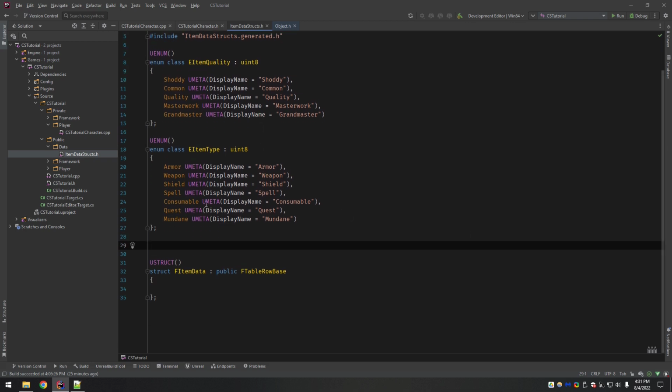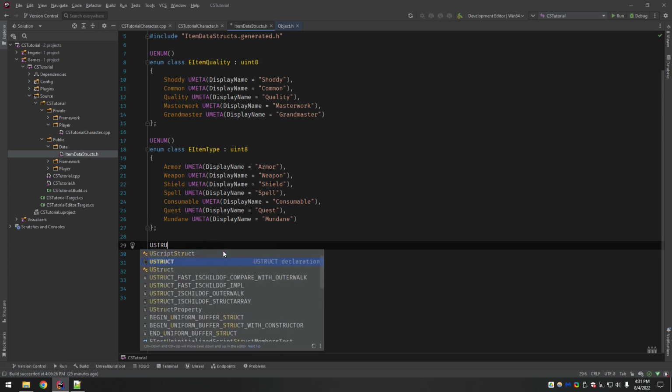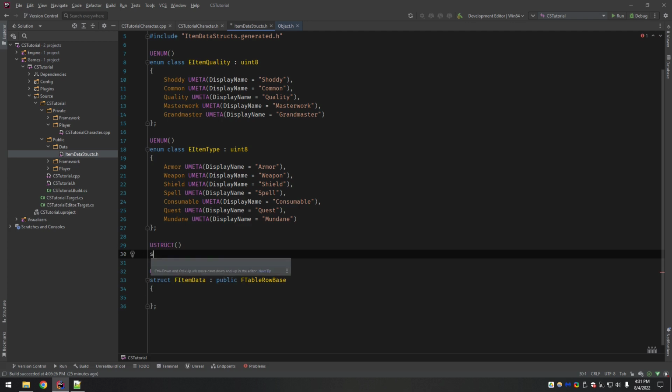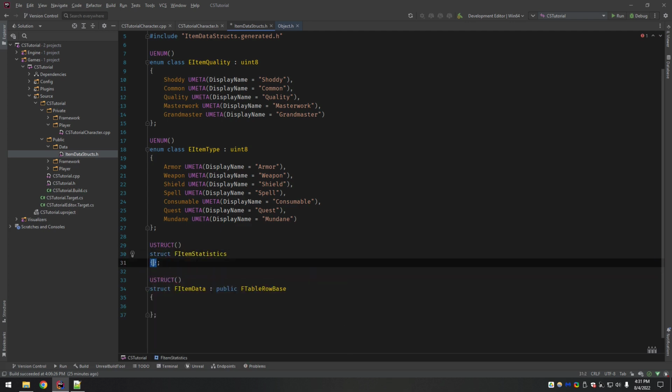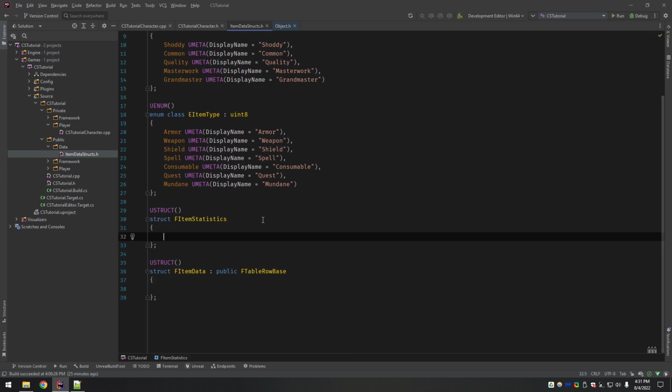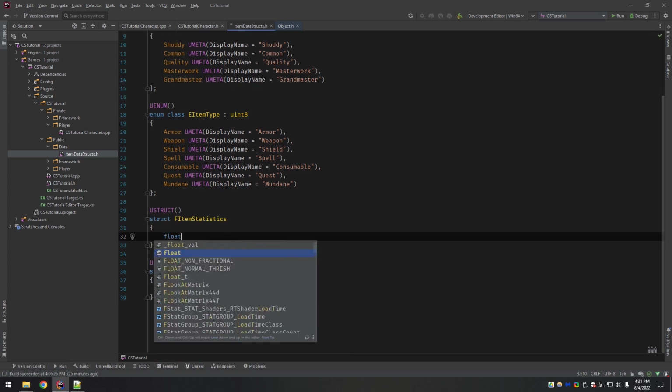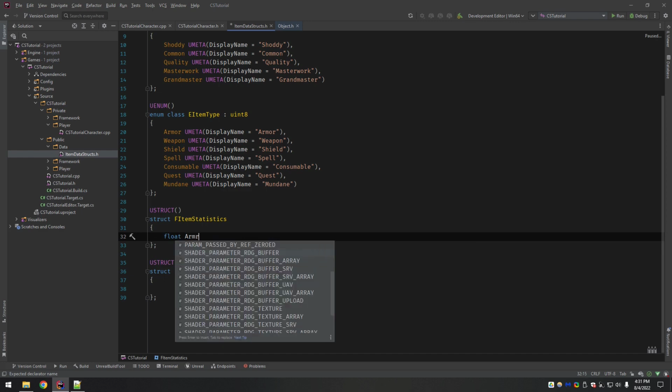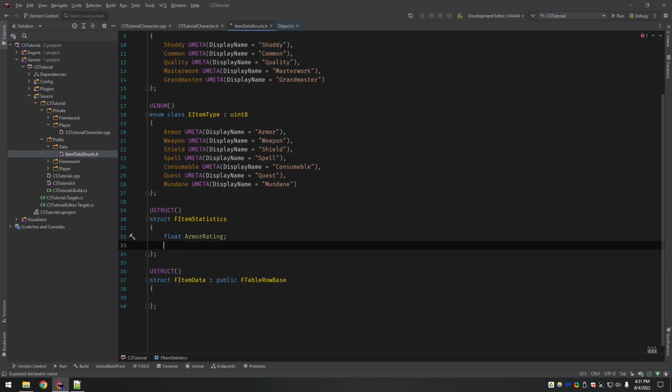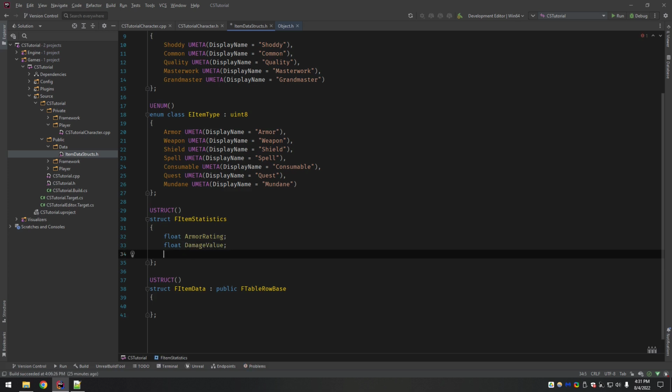So next we want our item statistics. So it's a struct, item statistics, and this is where you would put in the stuff I just mentioned. So armor rating, damage value, anything you can think of.